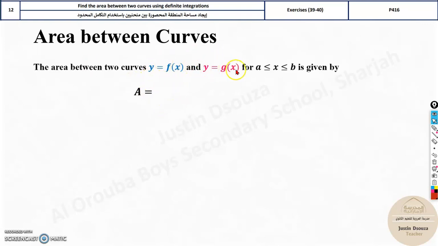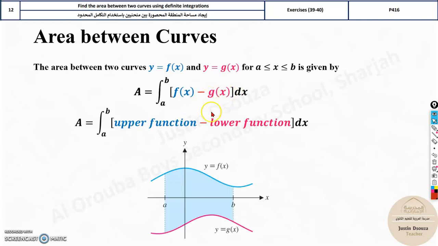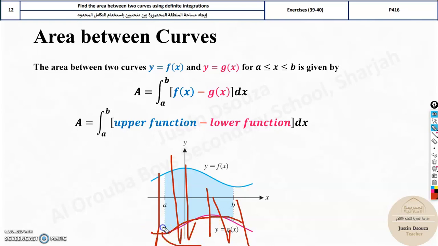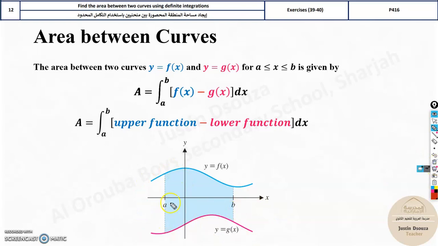Now, for example, when you have two functions, the formula is given like this: the upper function minus the lower function. Now, x-axis is between them, so we are solving with respect to x, f of x. This upper function means all the values below this is included, minus the lower function means all the values this is excluded. Now all include these will be excluded, only the shaded region will be considered. So it is always the upper function f of x minus the lower function g of x, and the limits